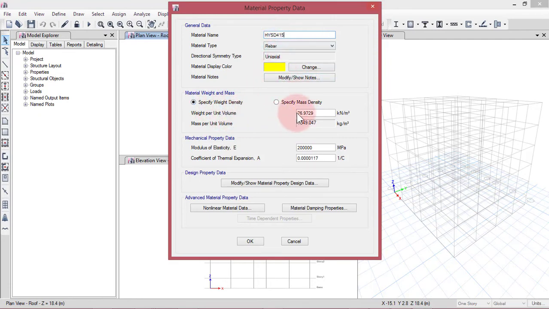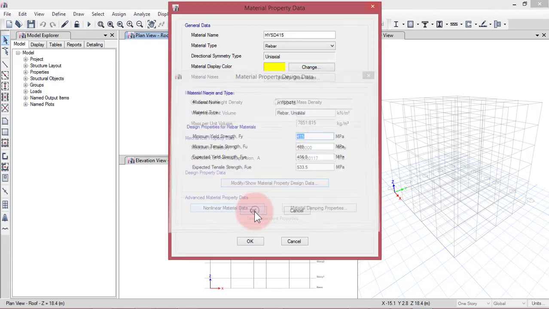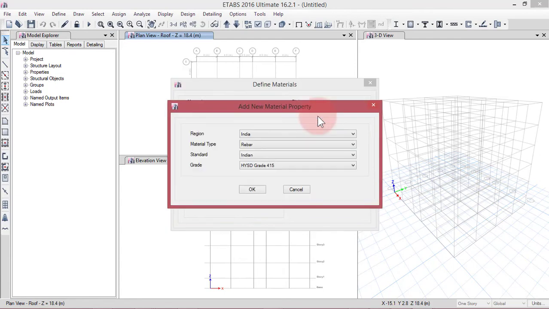So for the specific weight density of steel, let us take it 77 kilonewton per meter cube, and you can check the material property. So for HYSD 415, the yield strength should be 415. If it is showing different, you change it to 415. Then click on OK. Okay, so now similarly add new material, and region is India, material type is rebar,